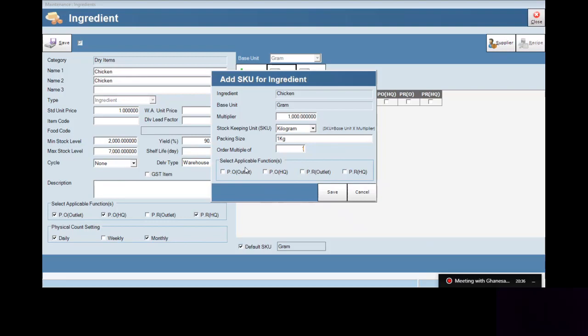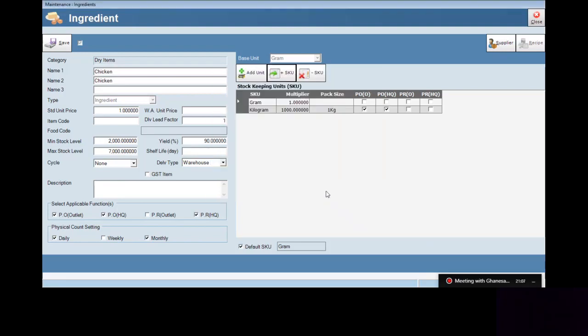And for this other select applicable function, whenever you order chicken, I'm already giving approval to the purchase order outlet. So whenever outlet issues a purchase order, what SKU unit can they use to order from the supplier? If they can order in kg, as I said, PO HQ and PO outlet are to be ticked on the checkbox. After you tick the checkbox, you click save.